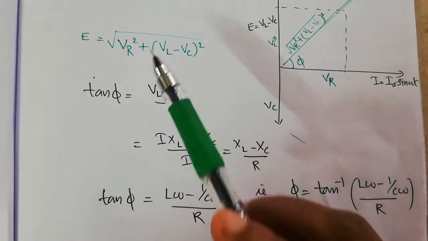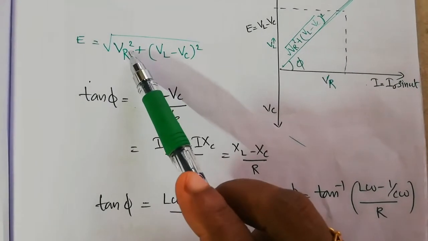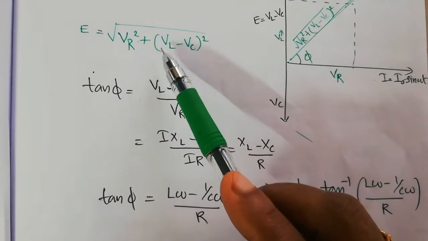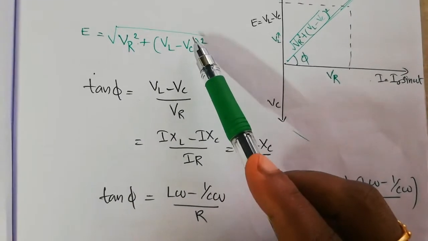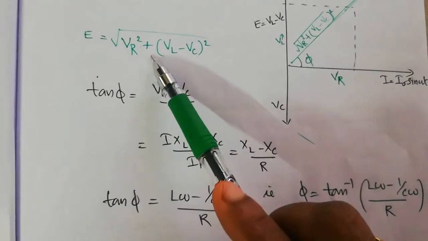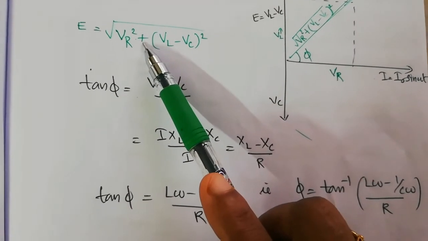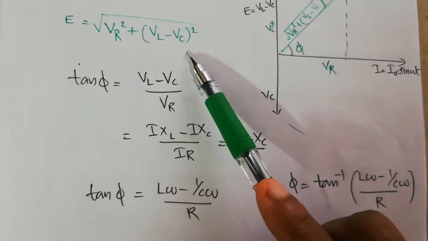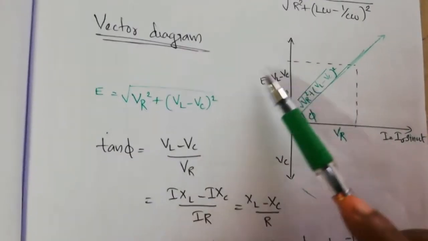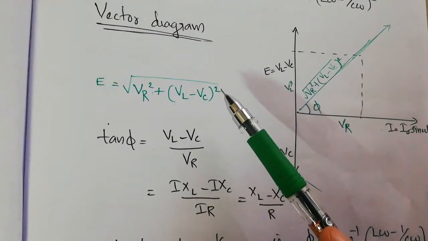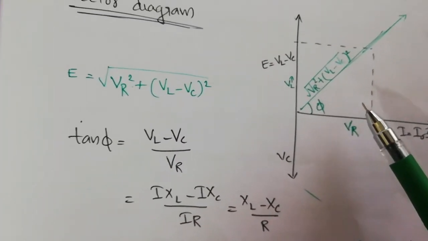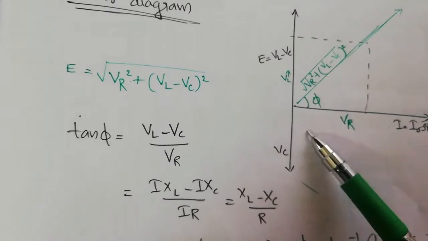In such a way, we can calculate the impedance also from this equation when we substitute I0 R for VR, I0 L omega for VL and I0 by C omega for VC. We can simply obtain the impedance as Z is equal to root of R square plus (L omega minus 1 by C omega) whole square. So as in the previous cases, we can derive all the factors, cos phi, phi, and also the impedance from this vector diagram easily by knowing the phase difference between VR, VL and VC.